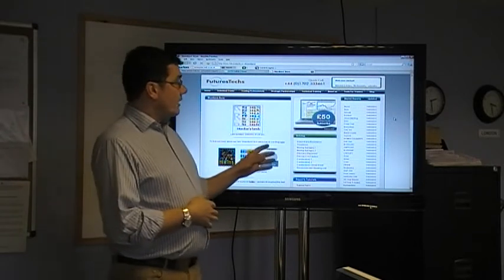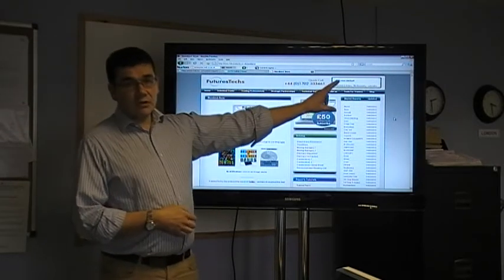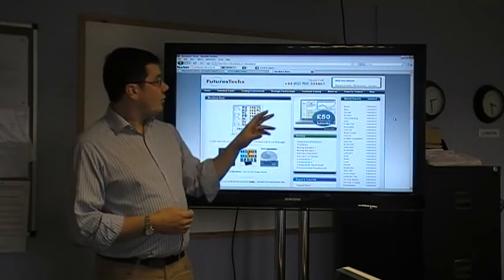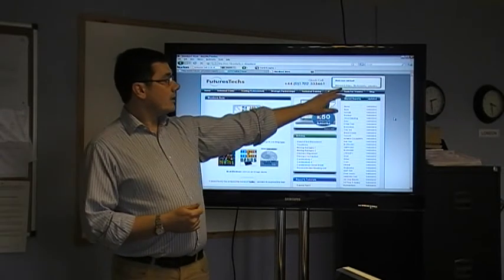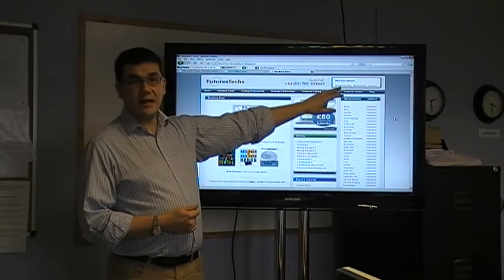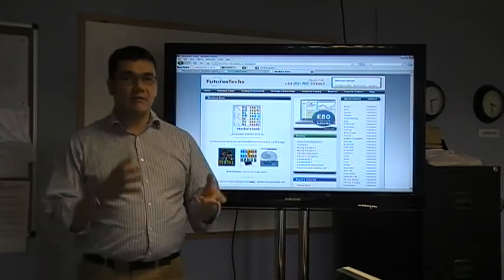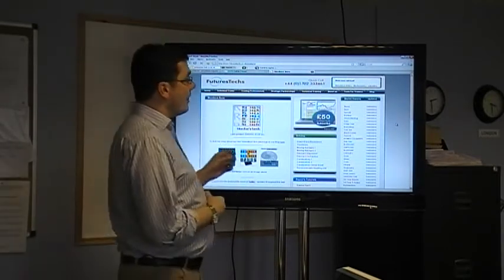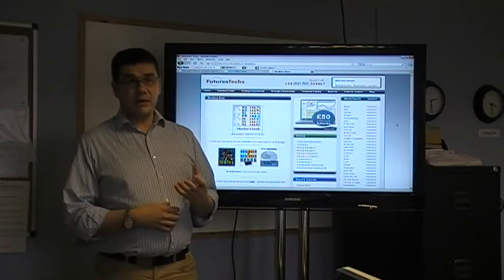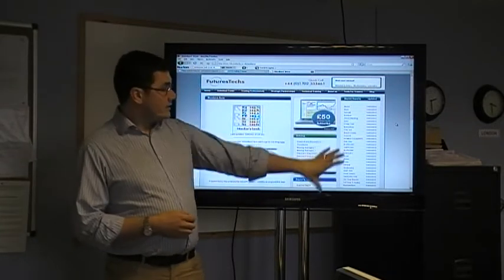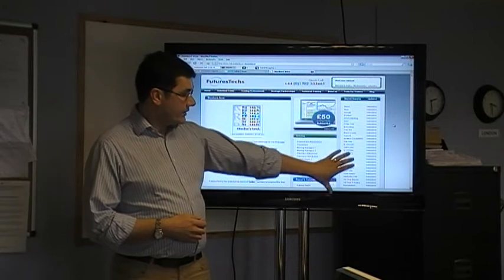So this is the website. You are in the members area. You've used your username and password to log in up here. Whenever you need to get back to the members area, there's a button that says members area, so you can click on that to get back to here if you navigate away from it at any point. The main bulk of the product is the reports down here on the right hand side,